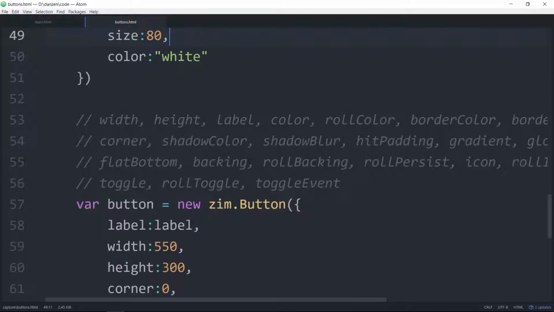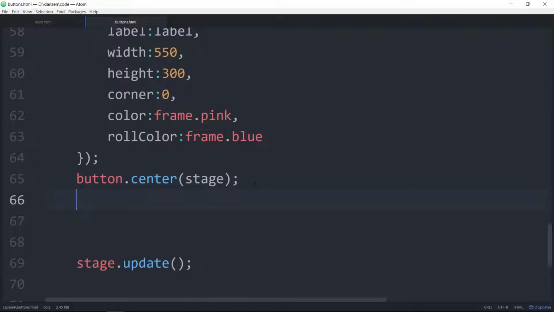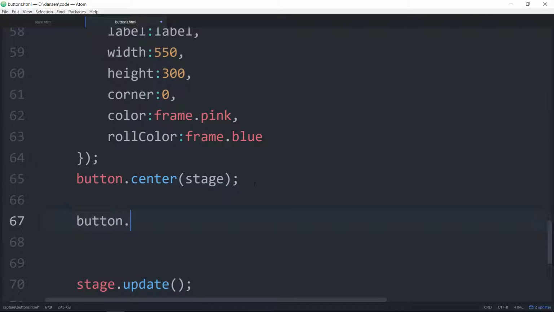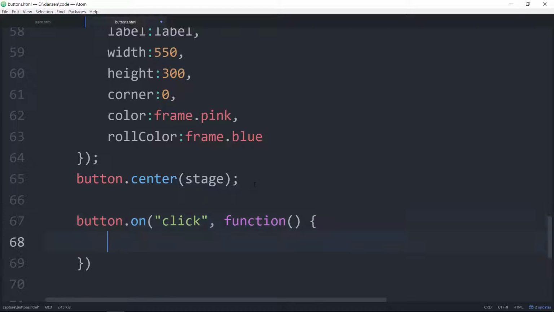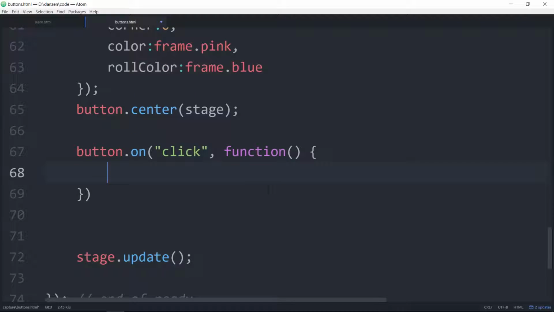And what else can we do? We know how to click on a button. Button.on click like so, and we'll call a function. And inside this function, we can do something. We could say, let's animate the button in and out. So that would look like